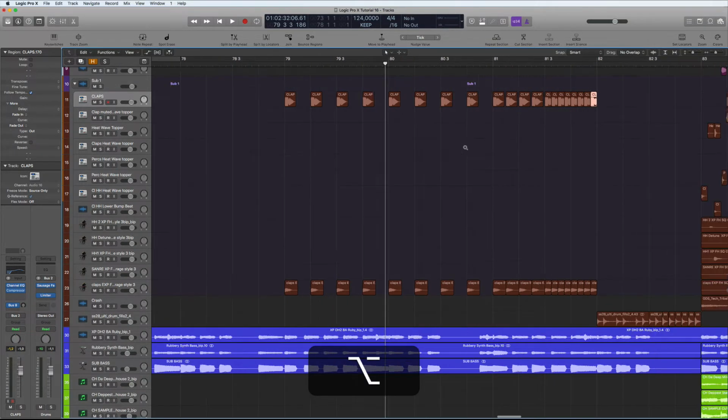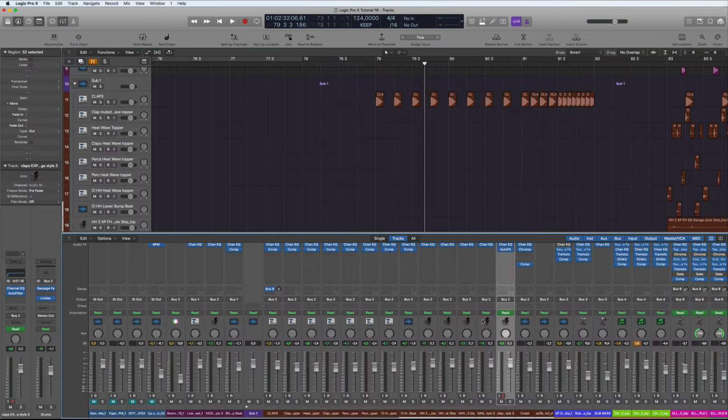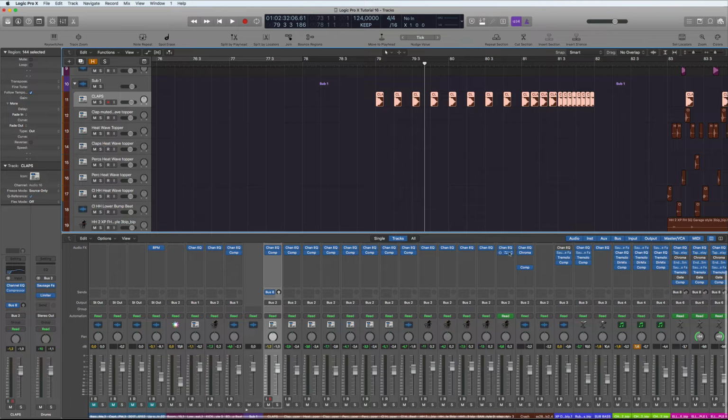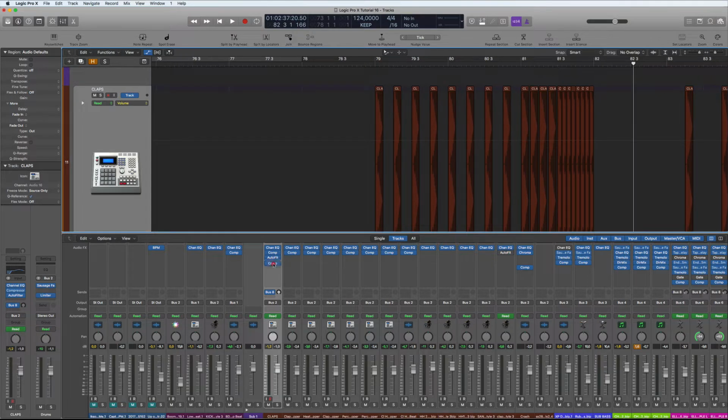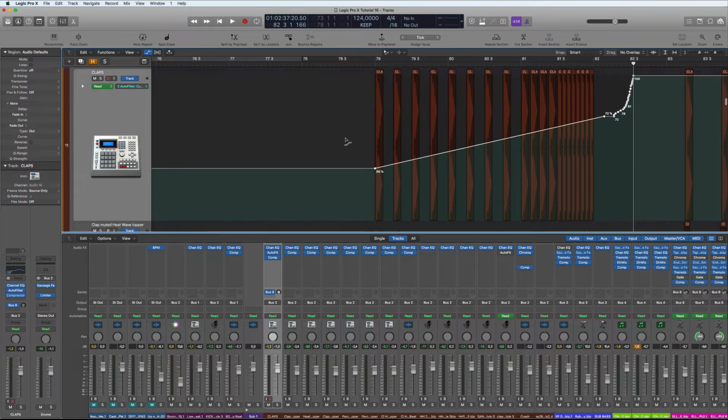Now I'm going to do the same thing here as I did with the auto filter. So if I go into my mixer window, then I can see that here my claps is here. I can just copy this, hold down Alt, copy that over like so. So first of all, I need to make sure that I've got my auto filter in the same position as the compressor. Then come down to here and into the emptiness and go Control V, and then that should copy my exact